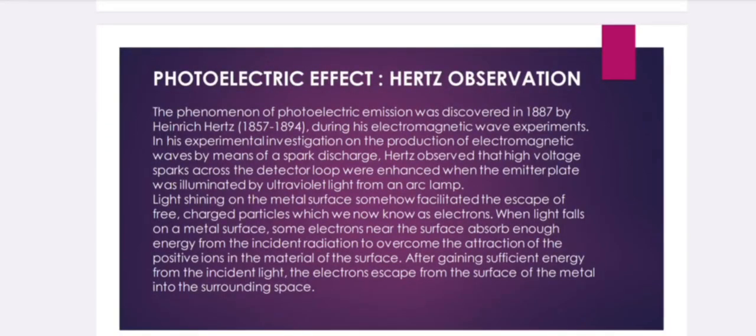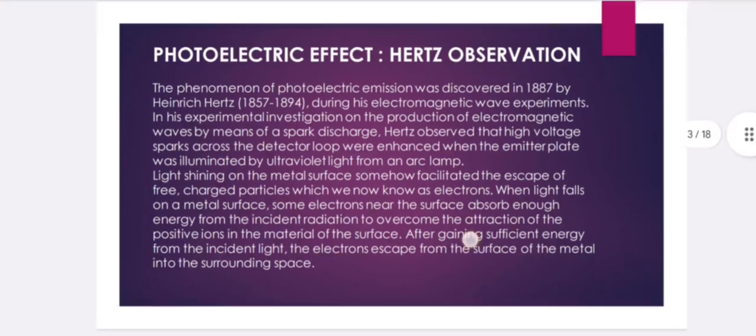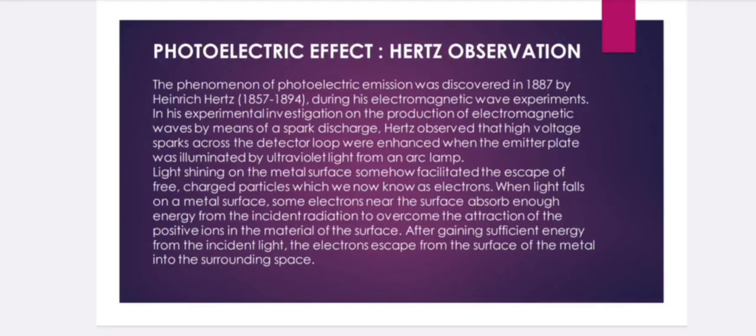Photoelectric effect. Hertz's observation. The phenomenon of photoelectric emission was discovered in 1887 by Heinrich Hertz during his electromagnetic wave experiments. In his experimental investigation on the production of electromagnetic waves by means of a spark discharge, Hertz observed that high voltage sparks across the detector loop were enhanced when the emitter plate was illuminated by ultraviolet light from an arc lamp. Light shining on the metal surface somehow facilitated the escape of free and charged particles, which we now